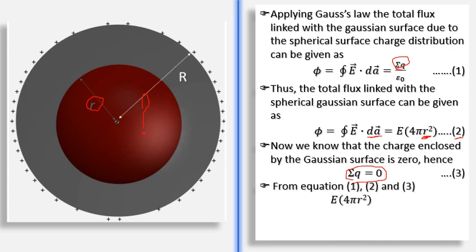So we realize that E into 4 pi r square is equal to 0, which means the electric field inside is 0. So if you are inside the shell, you will not experience any electric field. So what if I have some charge here, plus q? Suppose I have placed a plus q charge here. Where will it go? Would it be repelled? Would it be attracted? Where will it go? It will not go anywhere.